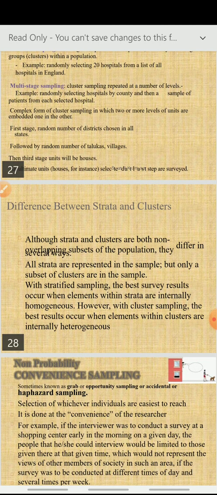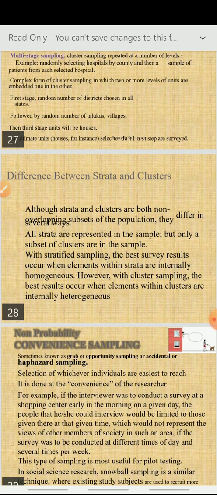Difference between strata and clusters, I already defined it properly, but still, whatever is written, I'll explain it to you. Although strata and clusters are both non-overlapping subsets of the population, they differ in several ways. All strata are represented in the sample, but only a subset of clusters are in the sample. With stratified sampling, the best survey results occur when elements within the strata are internally homogeneous. However, with cluster sampling, the best results occur when elements within the clusters are internally